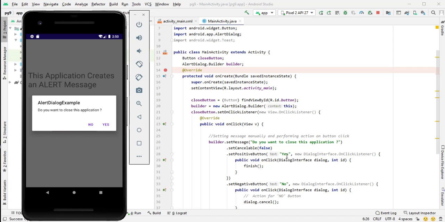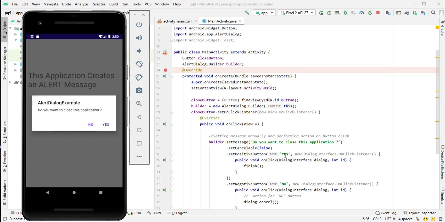Here the text is "Yes", so this is displayed on the output screen of your Android application. And the second parameter indicates the handler that is to be called when you click on this particular button, Yes.